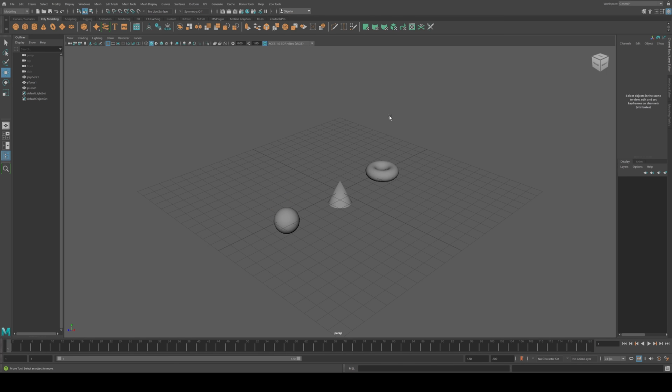Alright, time to add some spin to the 3D world. Next on our list is the Rotate tool. You recognize it by its icon, which is right below the Move tool, and it looks more like a circular arrow. Once you click on it, go ahead and select an object in your viewport. You'll notice these colored circles around the object. Each one corresponds to an axis. Red is for the x-axis, green is for the y-axis, and blue is for the z-axis.